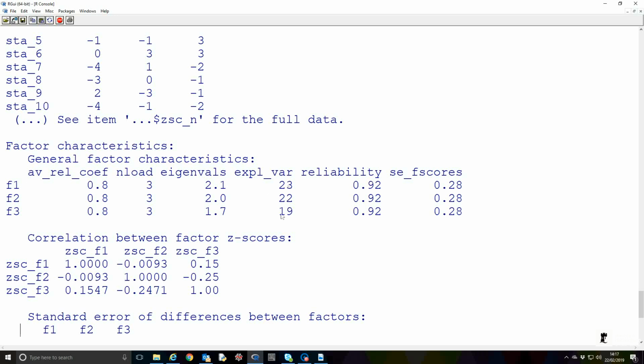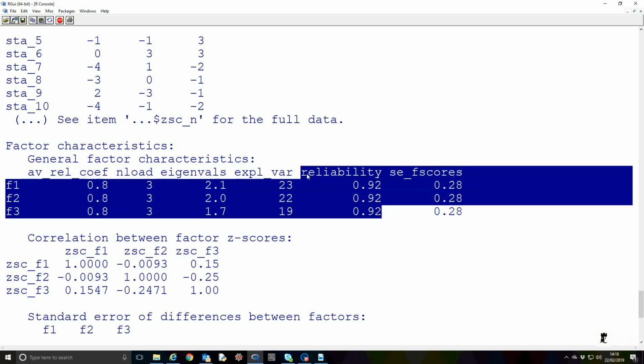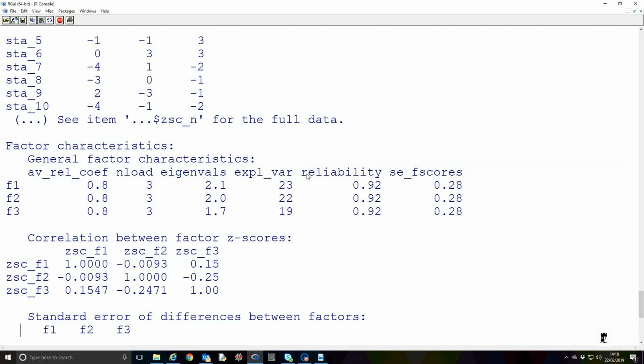And what you'll usually find is that as you add additional factors, the eigenvalues go down and the explained variance of the factor goes down. The reliability is, I think, the composite reliability. So this is, as best as myself and Tassos could tell, a measure of the reliability of the factor